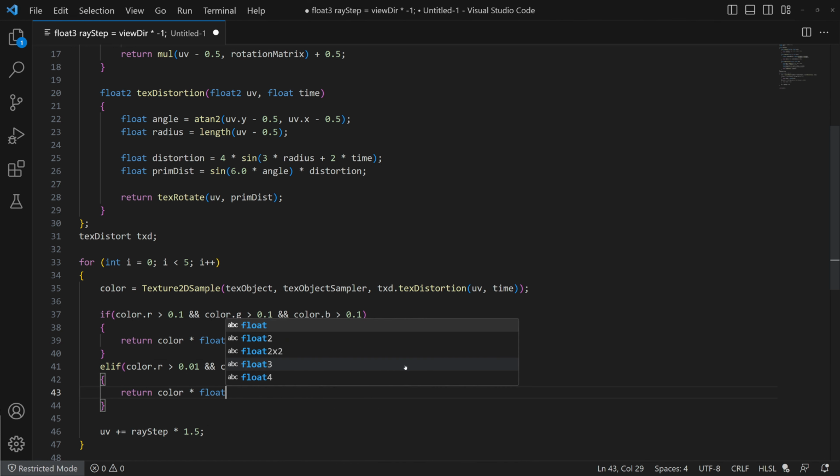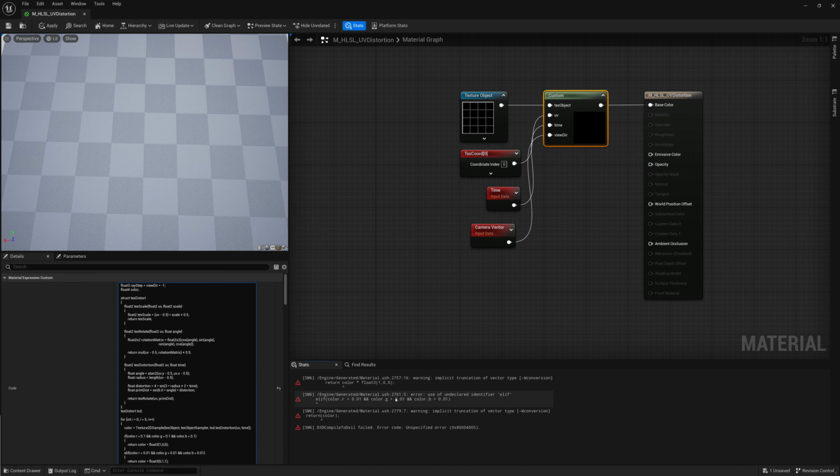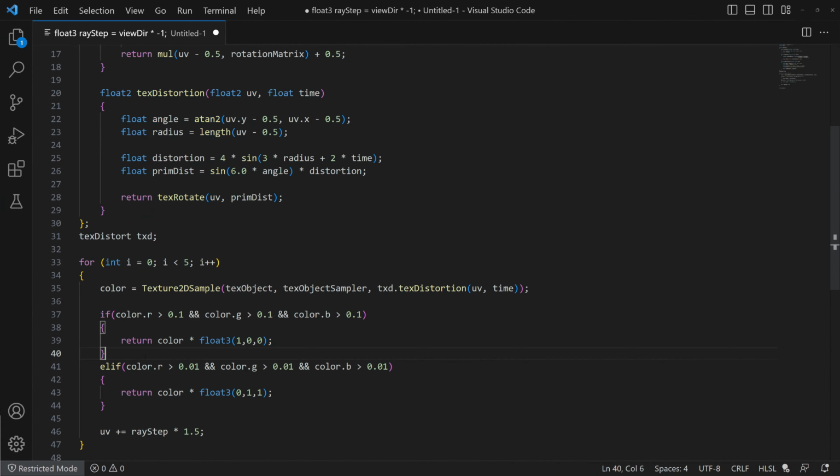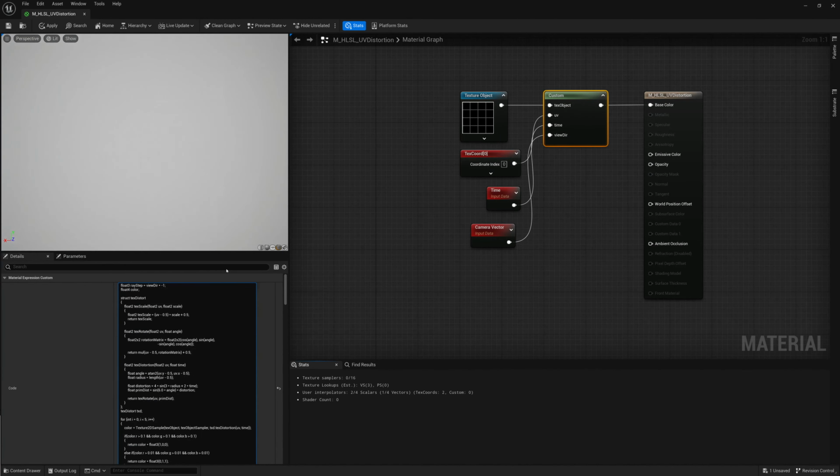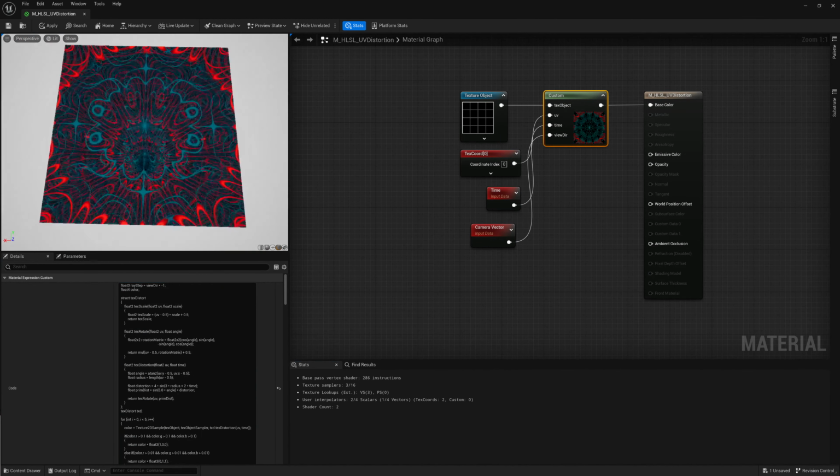And by doing that now, I can threshold out different brightness values of my texture. And let's see, I got an error here. What is my error? Oh, my bad. In HLSL, it's else if, not elif. And if I do that, there we go. Now we get a mixture of blue and red,